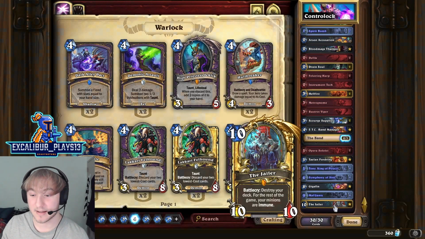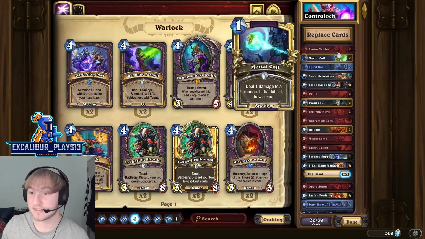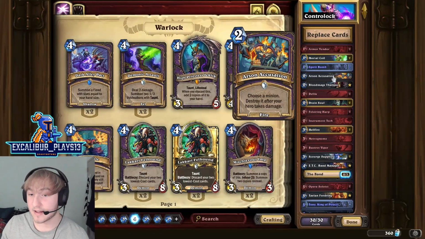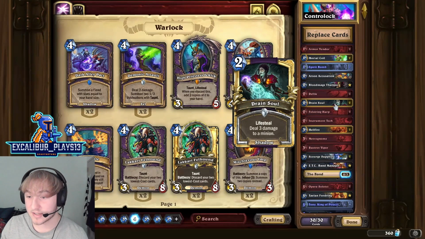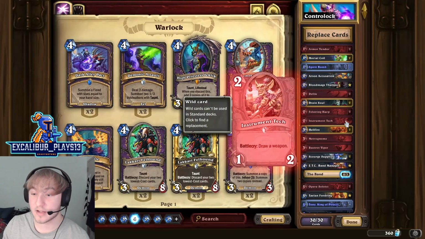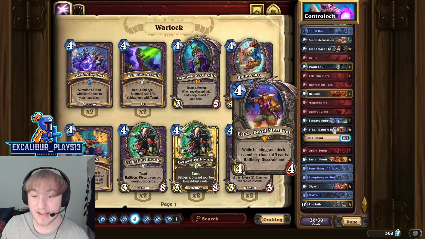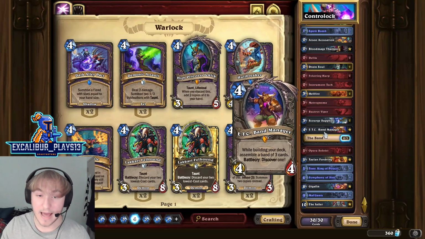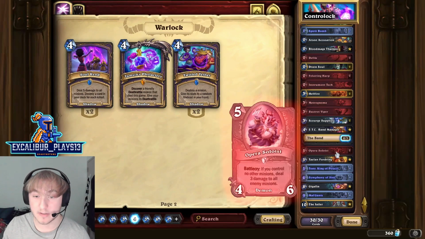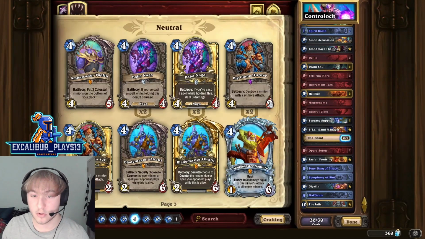This might be a meta-defining deck, just because of all the really good cards that are coming back. Spirit Bomb, Arson Accusation, the Fail String Harp is also going to be really good with an instrumental attack, and just everything else. Hellfire. I haven't decided what to put into ETC Band Manager yet either, but you could probably put Twisting Nether in here. Soul. Actually, I think we're losing Soul Rend. Yeah, we're losing Soul Rend, but